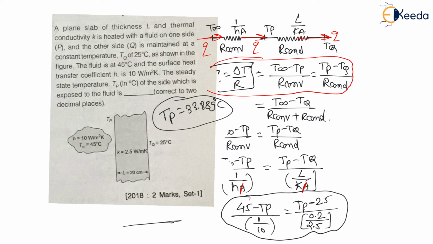That is the left end. Now let us observe that the answer must be correct to two decimal places. Here in this fill in the blanks, the temperature in degrees Celsius, we have to type in two decimal places. Therefore, this temperature can be written as Tp equal to 33.89 degrees Celsius when converted into two decimal places, as already mentioned in the question. Therefore, you have to type 33.89 for getting full marks. So your answer is 33.89.